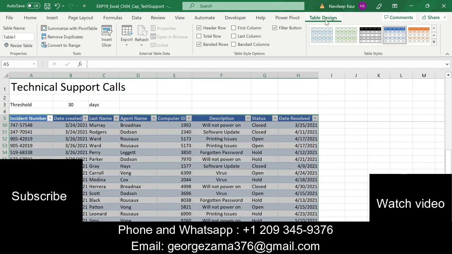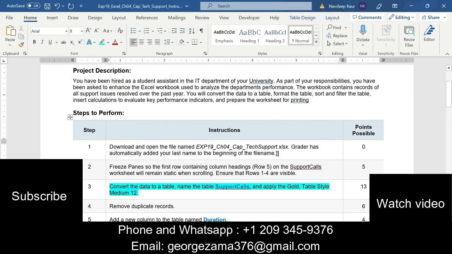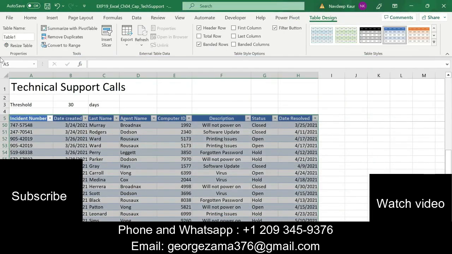Now we will click on the Table Design tab and go to the table name and change the name to support calls. So I will type support calls here and press enter. We have converted the data into a table and changed the name of the table to support calls.